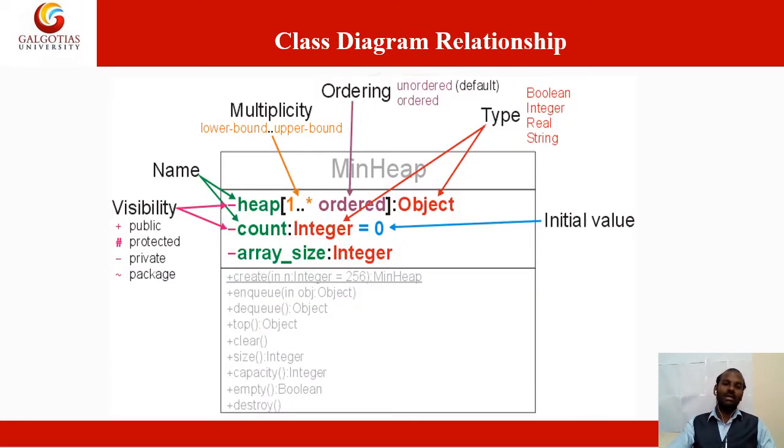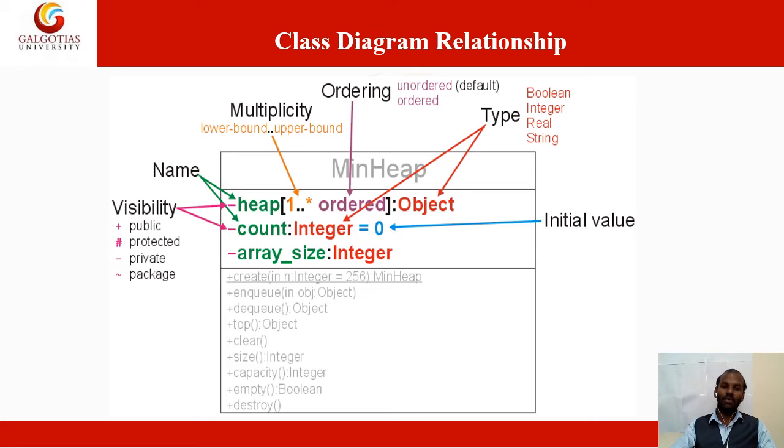And coming to the class diagram relationship, we already discussed this, but here is a brief look at how each and every notation works, and what kind of information it tells in the class diagram. I'm explaining it in a detailed manner. So we know very well the first portion is always your class name, the second portion is always the attributes of the class, and the third portion is always the operations or functions or methods of your class. So here the class name is MinimumHeap, right?